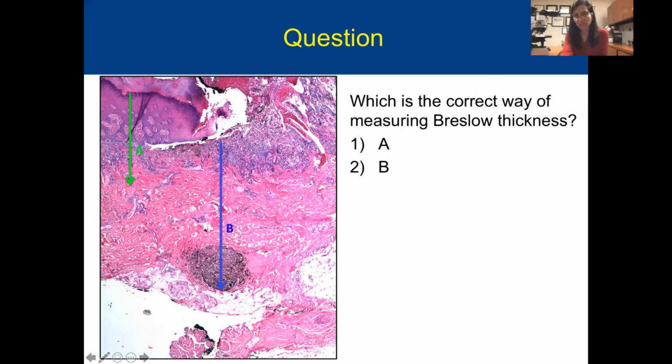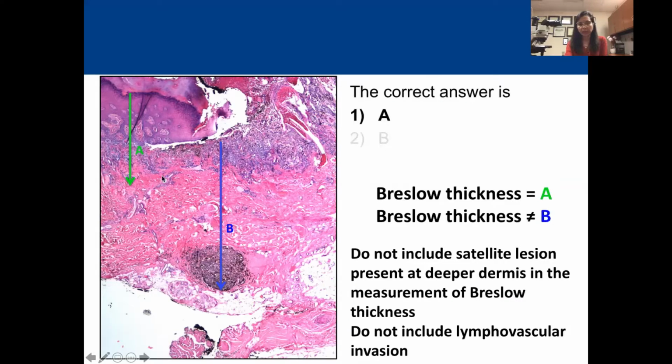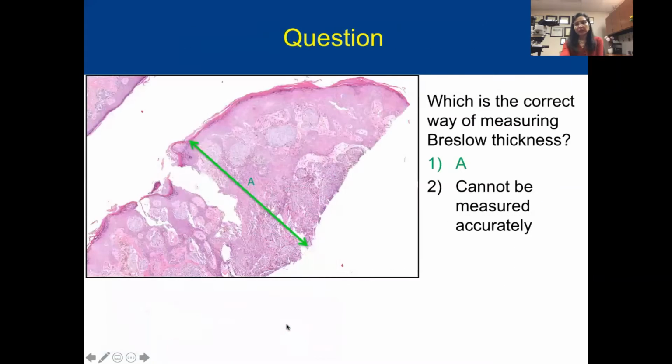This is more a satellite. But I will talk about the specific definitions of these microsatellites in a later part of my talk. So the bottom line is we don't include the microsatellite in the measurement of tumor thickness, okay? So the correct one is A, not B. Do not include satellite lesions, even if they are present in the deeper portions of the dermis. Also, not only satellites, we don't include lymphovascular invasion. Let's say you have a lymphovascular invasion here, you don't measure it, okay? And the next one is